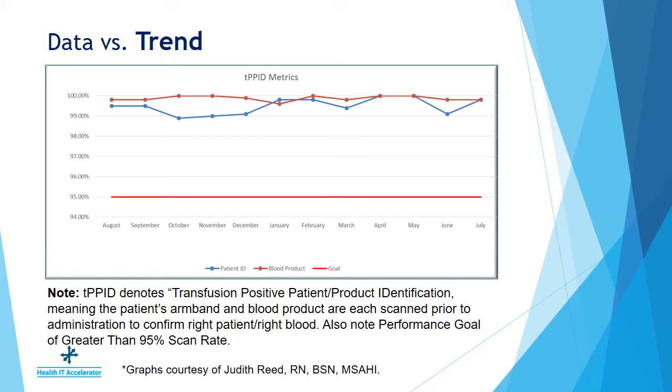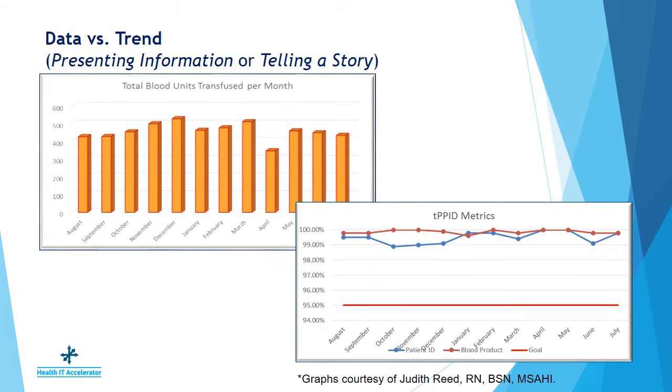But it would be helpful to know the number of units, and perhaps overlying these two graphs would be helpful. So putting them side to side, you can see that both of them are related in telling the story about what's going on. But I would argue with you that the trend lines show more of a story than just the data by itself. And this is more of a move into clinical business intelligence and influencing people's care, especially